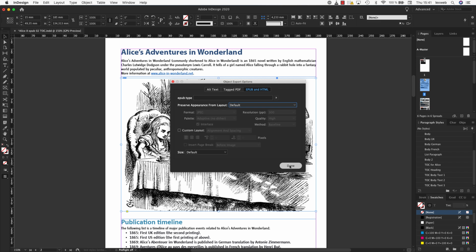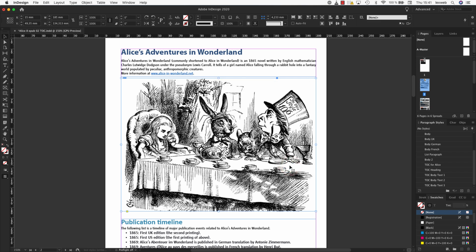We have added alternative text to our image, but when should the text be spoken? The image needs to be anchored in the text so that the screen reader knows when to read out the alternative text. To anchor an image to text, use the anchor icon on the image frame. Click and drag the anchor to the target position in the text. Once it's in place, release the mouse button. The image is now anchored to that text. Make sure that its placement in the text is appropriate for its content.